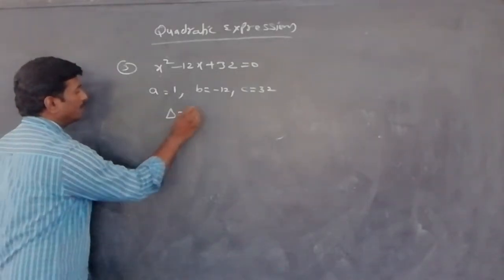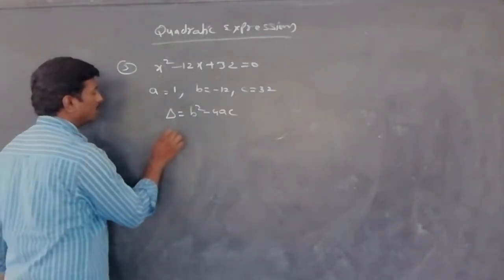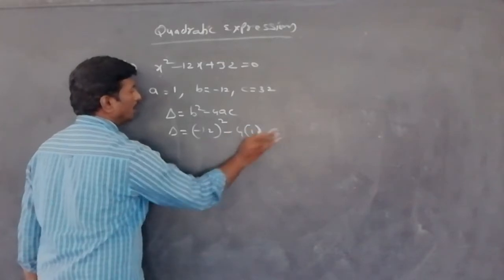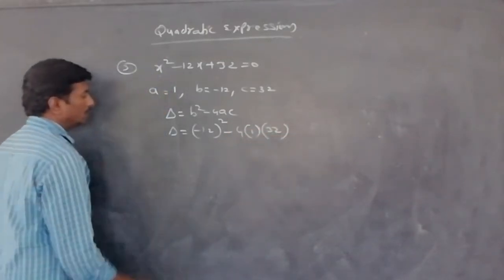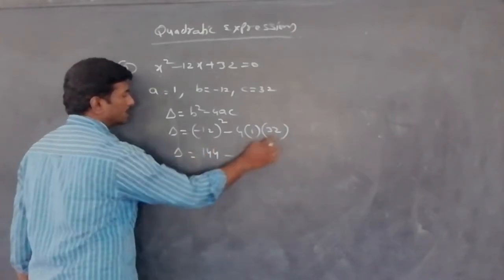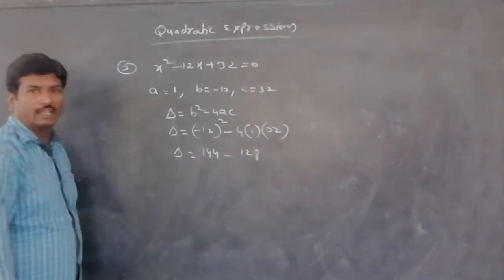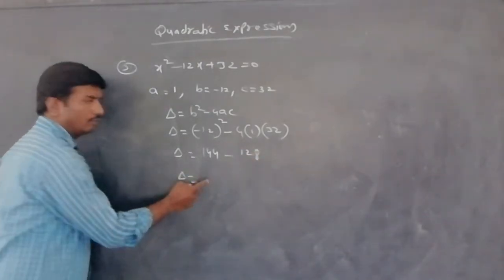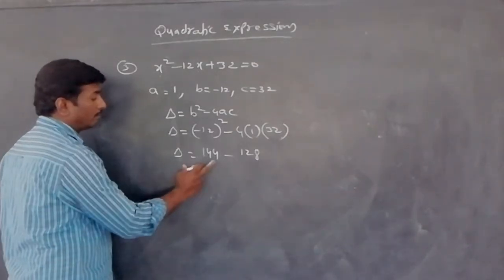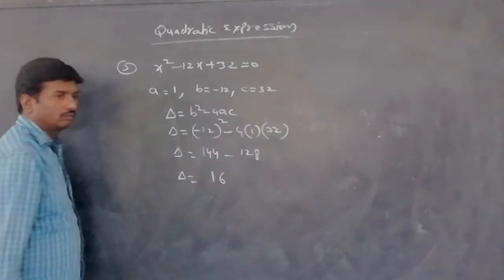So by finding nature you have to remember it depends on the discriminant. Which is called the discriminant? b square minus 4ac. So apply the values. b value is minus 12. So minus 12 whole square minus 4 into 1 into 32. So delta is equal to minus 12 square, 144, minus 32 fours are 4, 4 twos are 8, 4 threes are 12. So what are you getting now? Positive or negative? Positive. Okay. 14 minus 8, 6. 3 minus 2, 1.